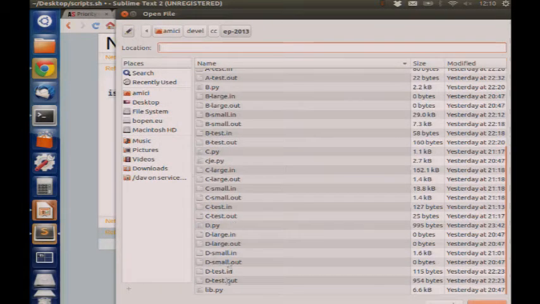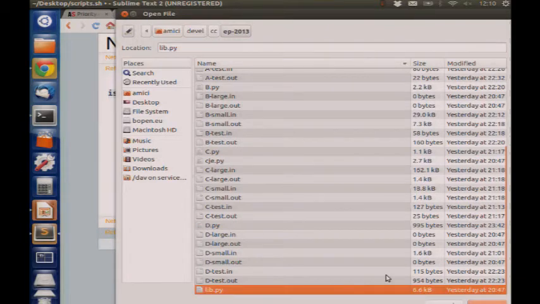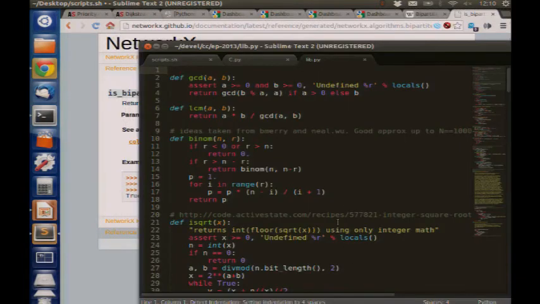For example, this is a quick look at the library that I usually use. There are a number of things that I found useful in various competitions. One is, can you read it with the red stuff, or